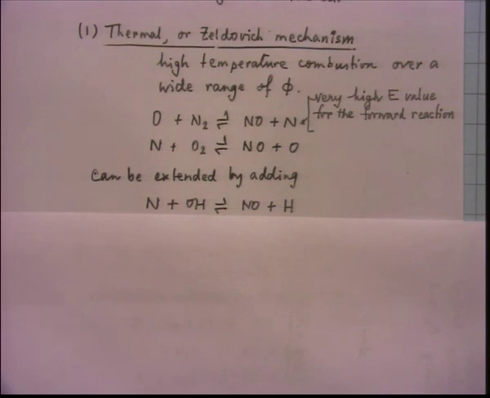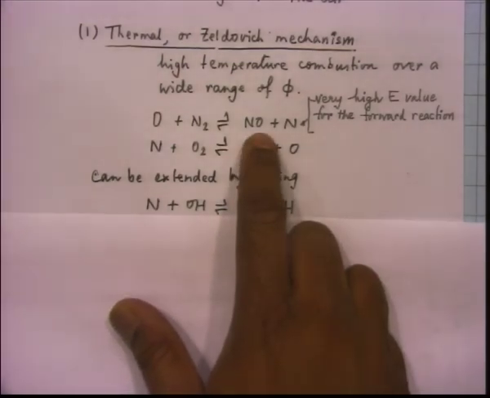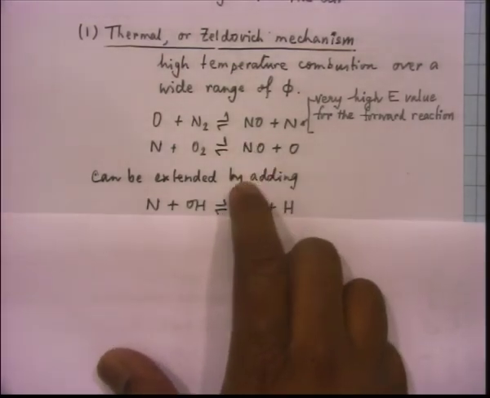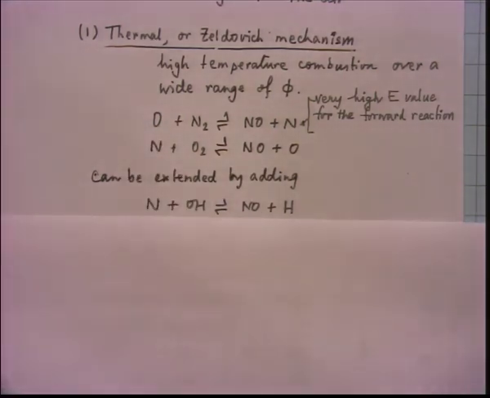I said that in the early stages you can get away by writing just the forward reaction rate, because there is not much formation of NO to begin with. Okay. So, you can do this. Where is the O coming from? I can understand that you will have N2. Where is the O coming from?